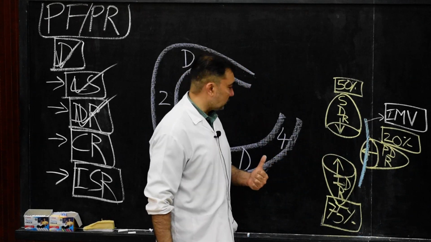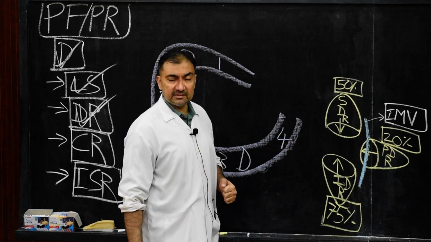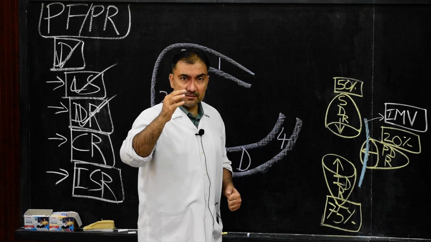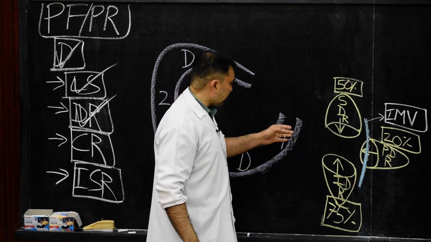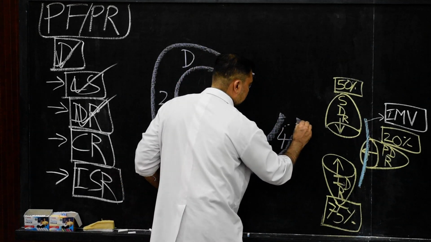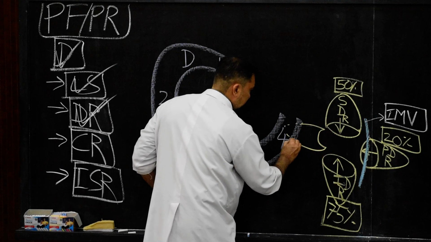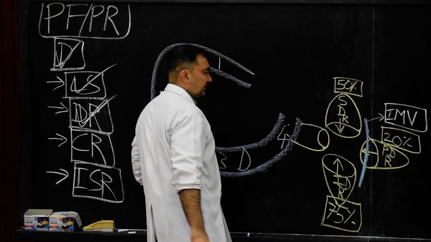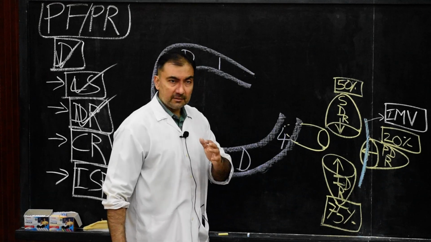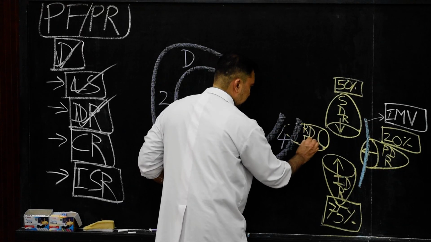Now recess number 4, which is present here. And that recess is known as retroduodenal recess, because some part of that recess is lying behind the 4th part. So if you draw that recess, here, this is the recess, and this recess is called retroduodenal recess. Here I will write the name retroduodenal recess.